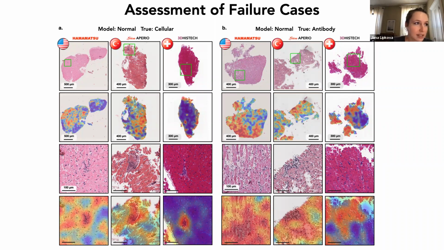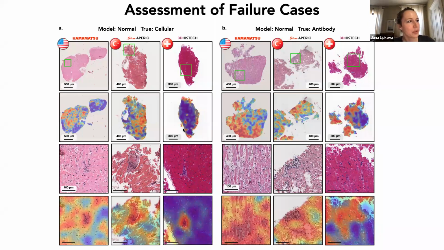And maybe if you look at this, I think you don't see my mouse. Do you see my mouse? So this is basically how normally the slide would look if it would be predicted normal. I mean, it's predicted positive because of this small region. Actually, I'm sorry, I was confusing. These are all cases that the model predicted as normal, but they are rejections. I'm sorry. So this is how the attention heat map would look for the normal case.